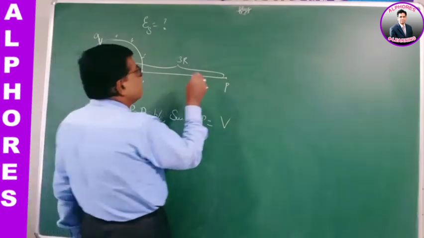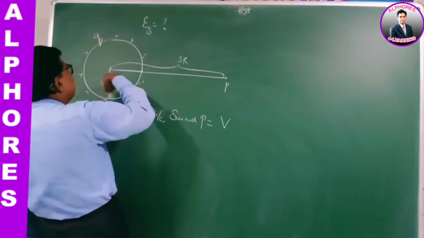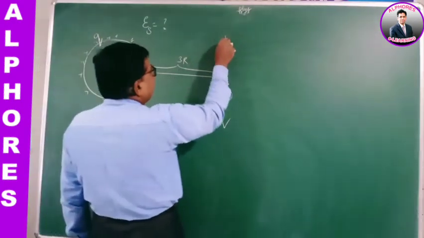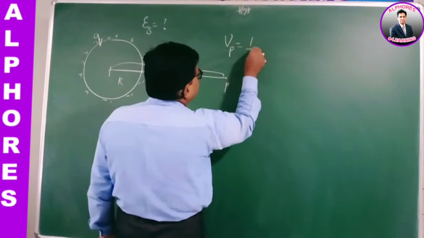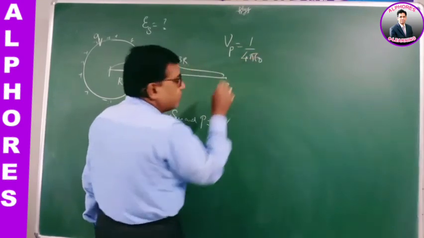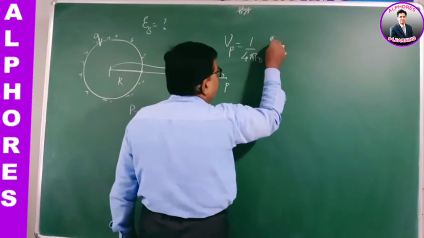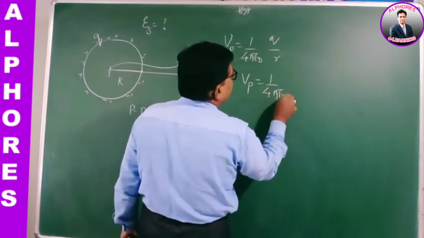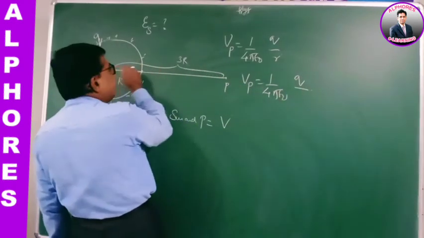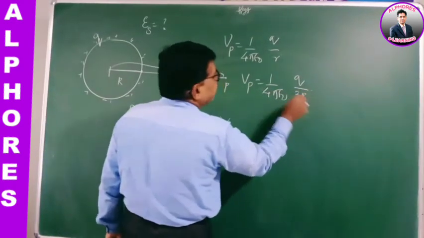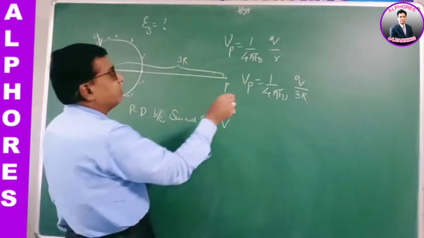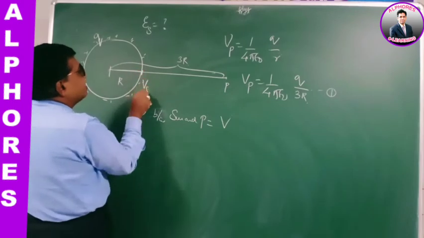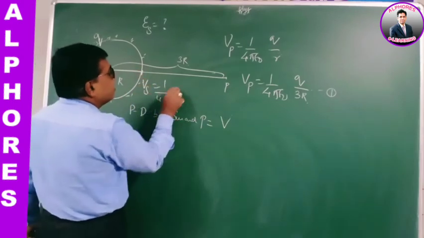Then we know, if the charge of the conducting sphere is q and the radius is r, then we can find the potential at the point P as 1 by 4 pi epsilon naught. We know the potential at an outside point is q by r. So potential at point P is 1 by 4 pi epsilon naught charge q by r, where the distance of the point is 3r. That is the first point. Similarly, potential on the surface, we know on the surface the potential is 1 by 4 pi epsilon naught q by